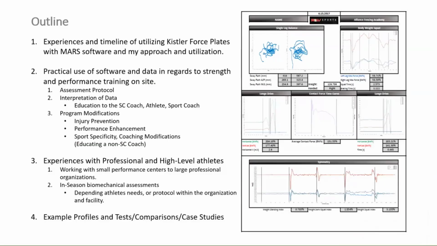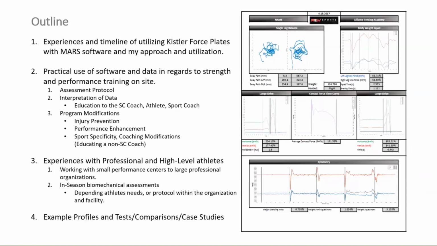The outline is basically we're going to go over the experience and timeline I have using Kistler force plates with the MARS software and my approach and utilization. Practical use of the software in regards to strength and performance training, assessment protocol, interpretation of data. The important thing is to educate the people who aren't necessarily involved with this stuff on a consistent basis, whether it be the strength and conditioning coach, the athlete, the sport coach, the athletic trainer, and then in the consulting matter that I have is with